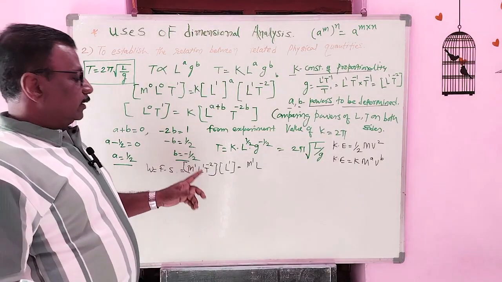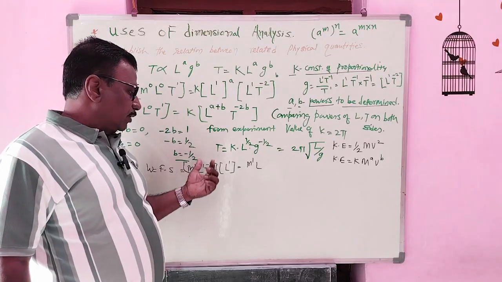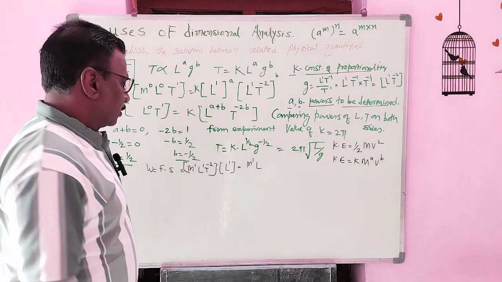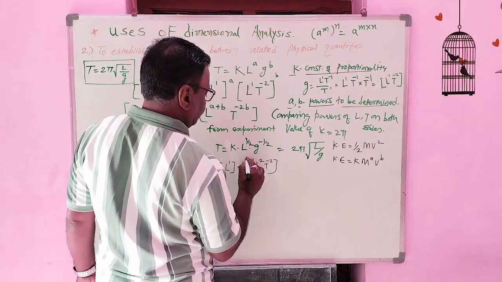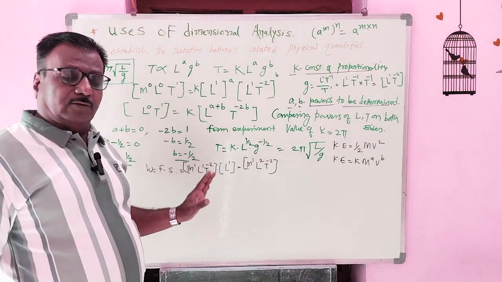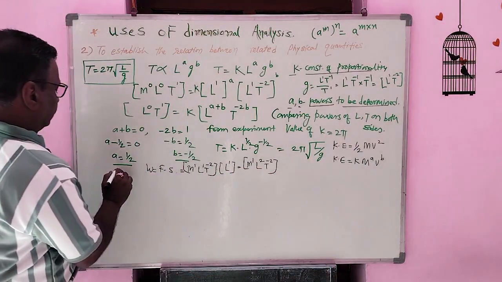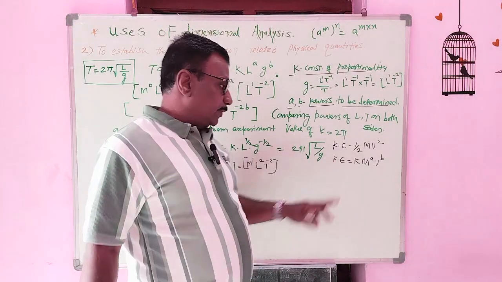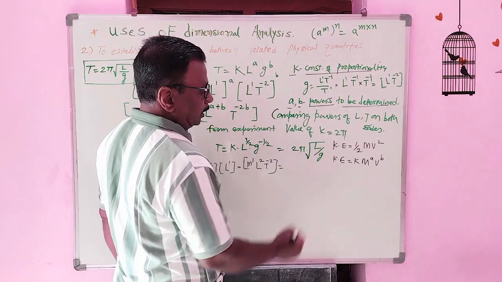Here L raised to power 1, the base is same. There is a multiplication between these two. A raised to power m multiplied by a raised to power n is equal to a raised to power m plus n. 1 plus 1 equals 2, T raised to power minus 2. So that is the dimension of work done, and the dimension of work done is equal to the dimension of kinetic energy. So substitute the value of the dimension of kinetic energy here. So we get M1 L2 T raised to power minus 2 is equal to